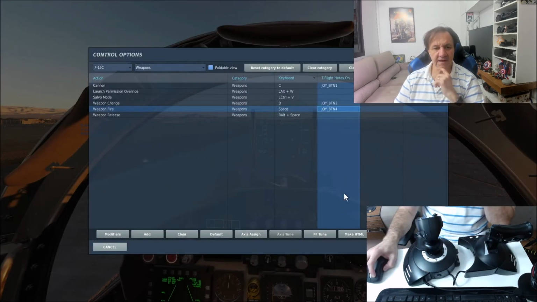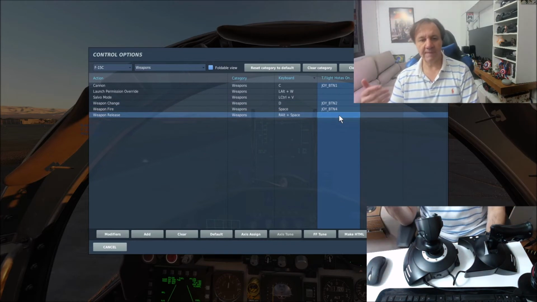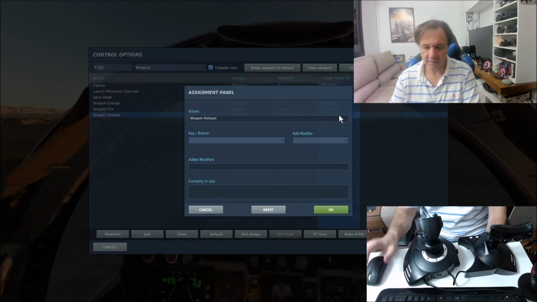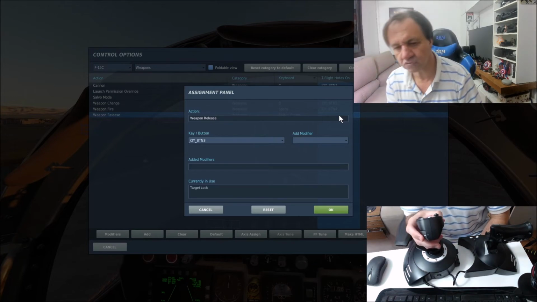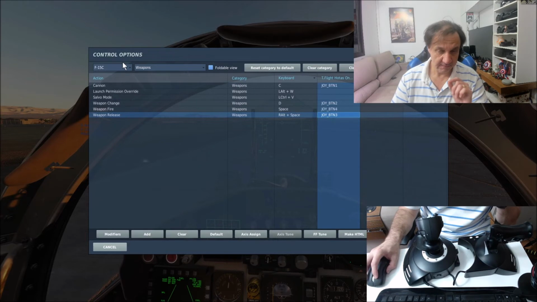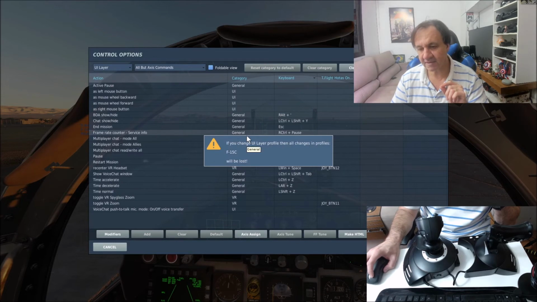Okay, and you need to choose also weapon release. Before you fire with weapon fire, you need to release the weapon. I'm going to choose, there is a button here, this side here. I'm going to choose this button. Okay. Now, by the way, I use another two buttons. I go to the Y layer when I play in VR.